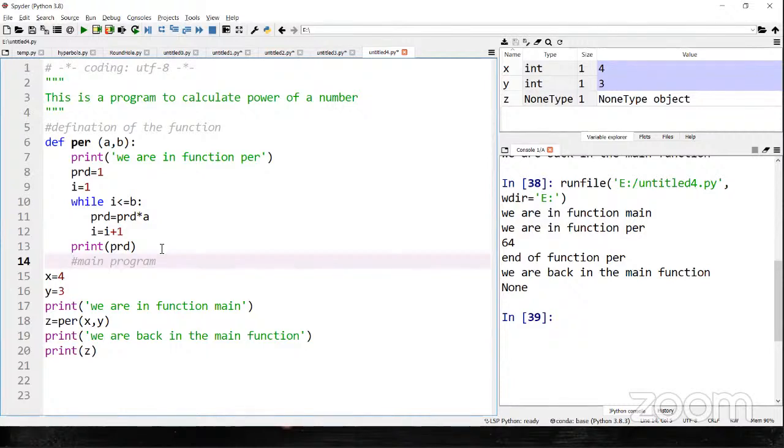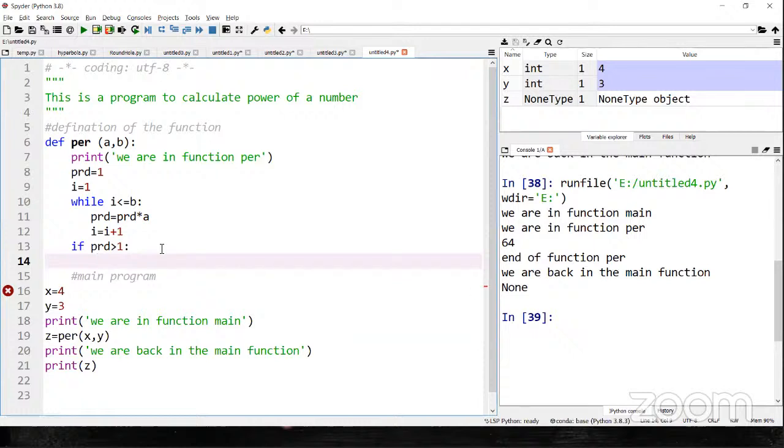So I can say if PRD is greater than 1, that means whatever number you have entered is not 1, because if you enter number 1 or y is equal to 0, then if PRD is greater than 1, then return